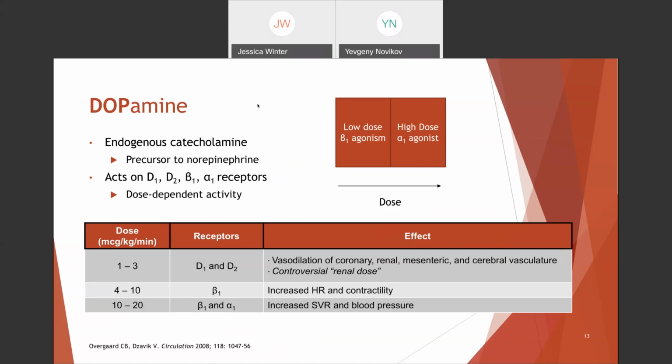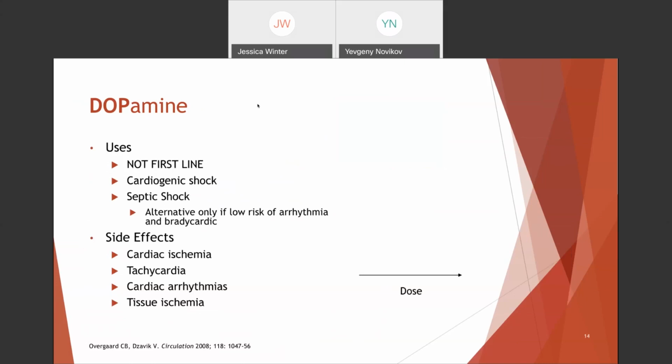So you get a lot more beta agonism with dopamine than you do with norepinephrine because it's not as preferential for those alpha-1 receptors. It actually hits beta-1 first. So as you can imagine, a big side effect of dopamine is going to be tachyarrhythmia. Because of those tachyarrhythmia or proarrhythmic side effects, it's not first line anymore for the treatment of septic shock,